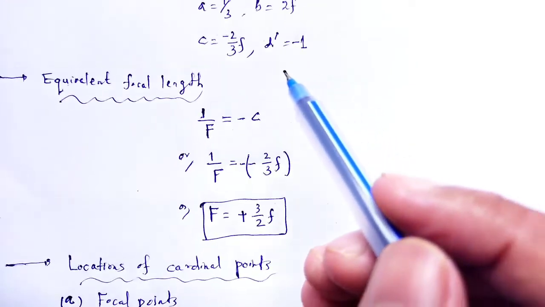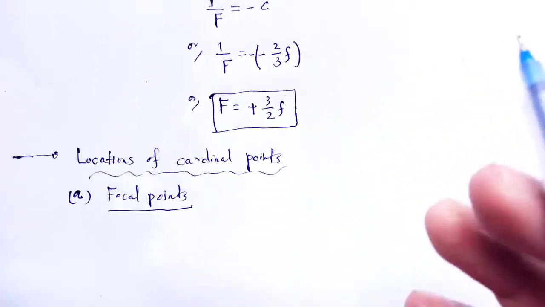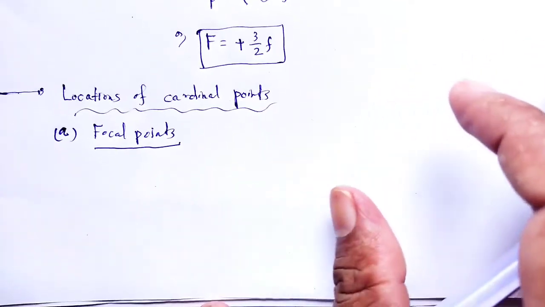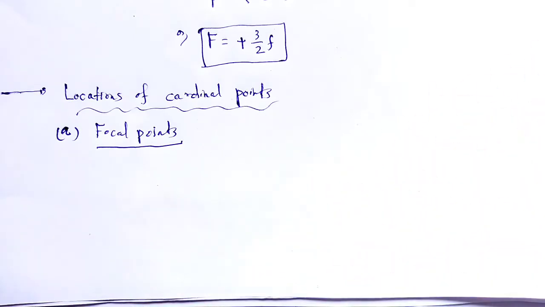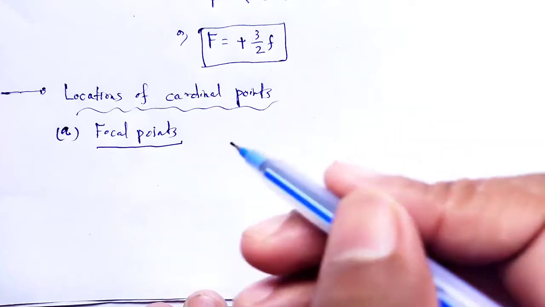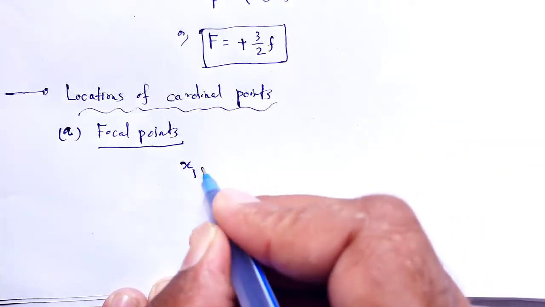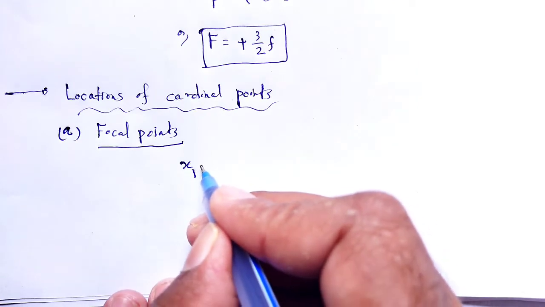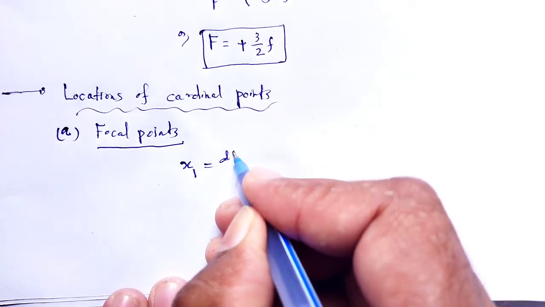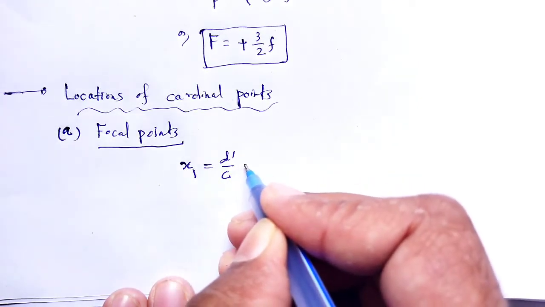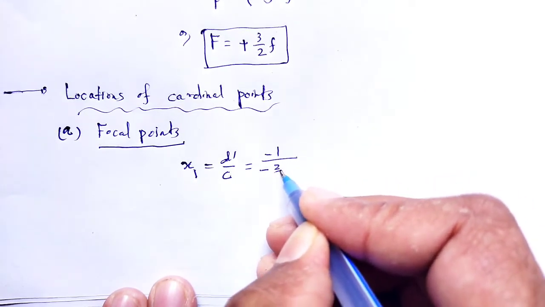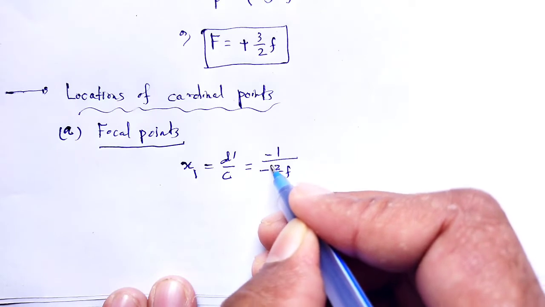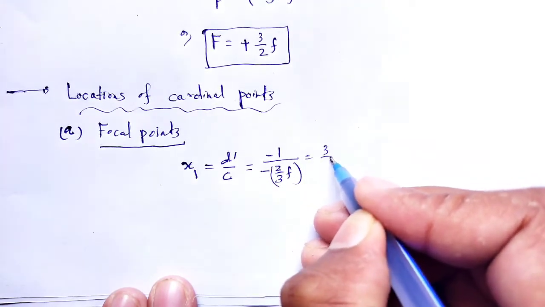By using the components of the system matrix, we can calculate the focal points. Let the focal points have corresponding distances x1 and x2. So x1 is the first focal point, that is d dash by c, which is equal to minus 1 divided by minus 2 by 3f, which is equal to 3 by 2f,